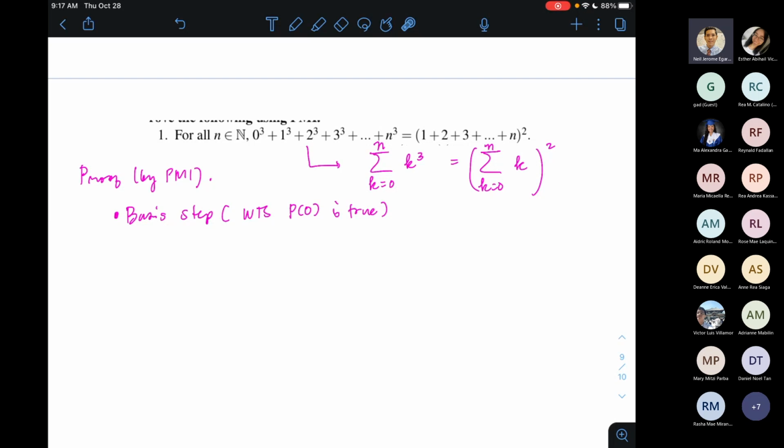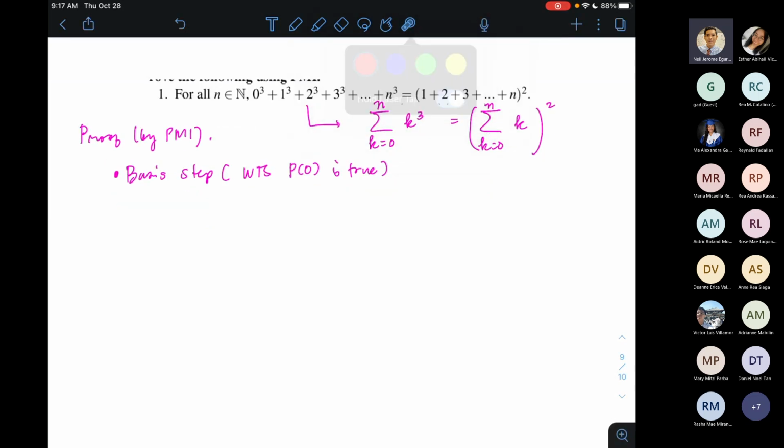But the basis step is not much of a hassle. So P of 0 is true lamang. So ibig sabihin, sa left-hand side, kukunin lamang natin yung summation mula kay 0 cube hanggang kay 0 cube. So basically what we'll have for P of 0 is that 0 cube. And then we want to show that this will be equal to,